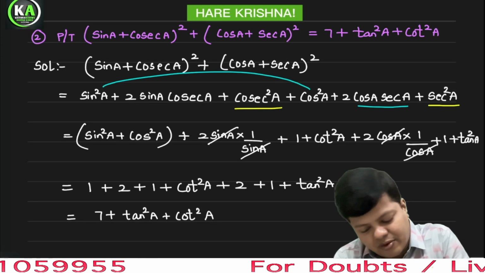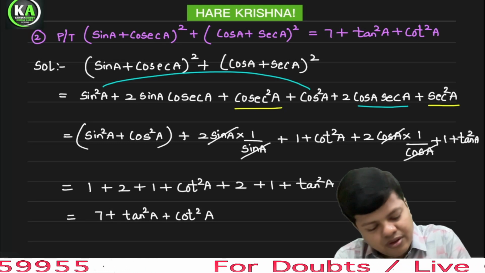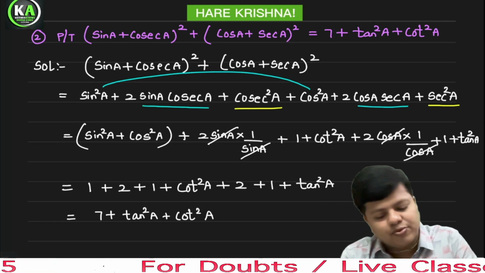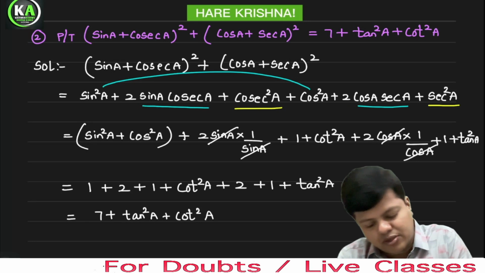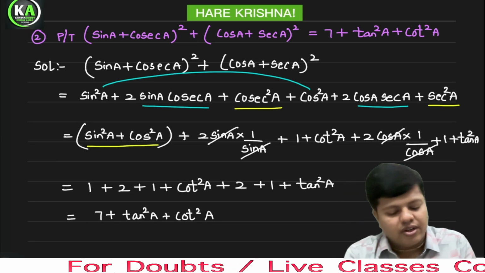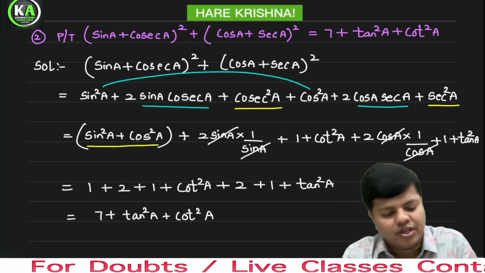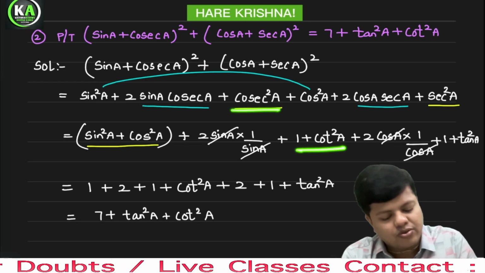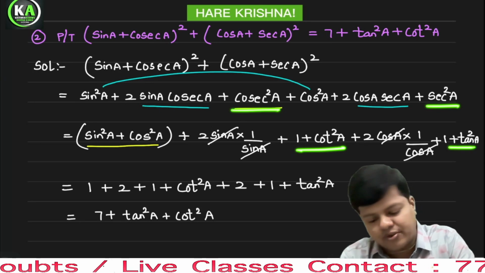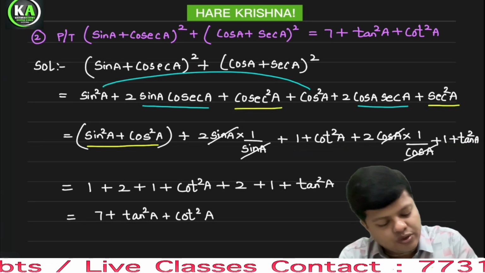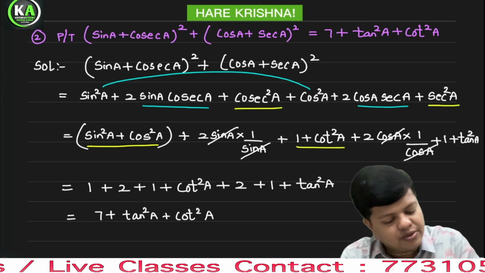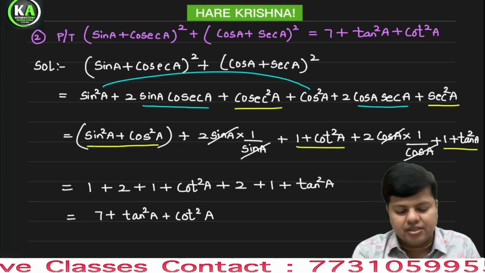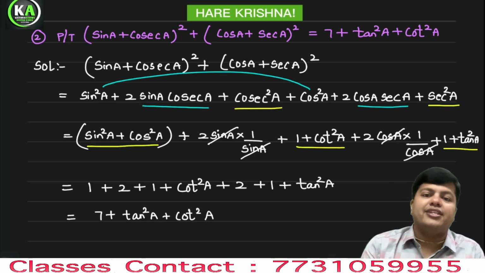I'll mark it with yellow. You will come to know. This was blue, correct only, na? Yeah. Identities we use: sin square A plus cos square A, this one, and cosecant square A as 1 plus cot square A, secant square A as 1 plus tan square A. Below that I'll mark it. Cosecant square A as 1 plus cot square A, secant square A as 1 plus tan square A. Okay, na? Yes. So three identities we used,